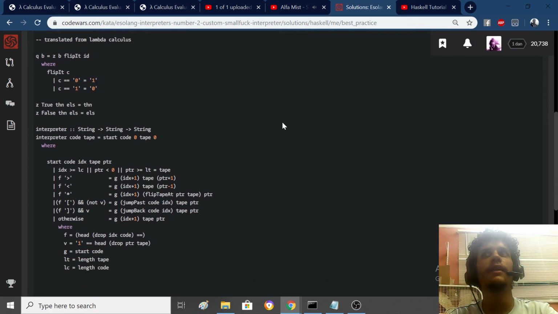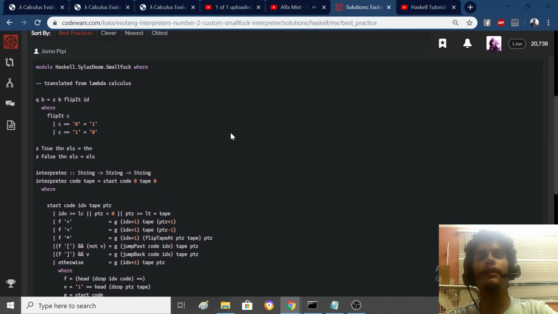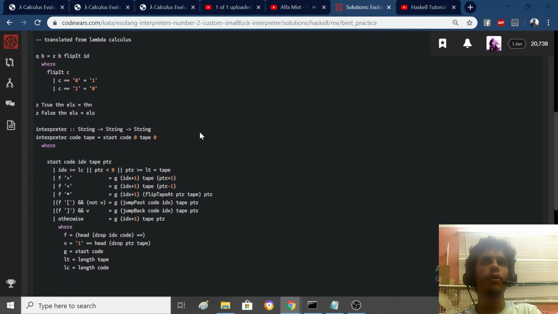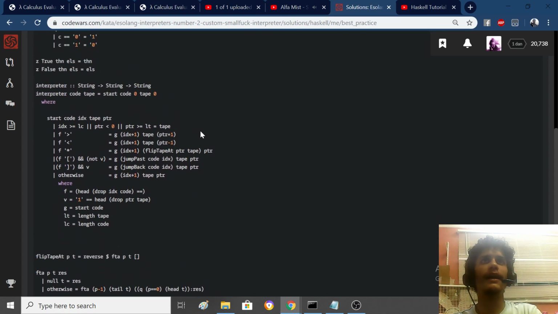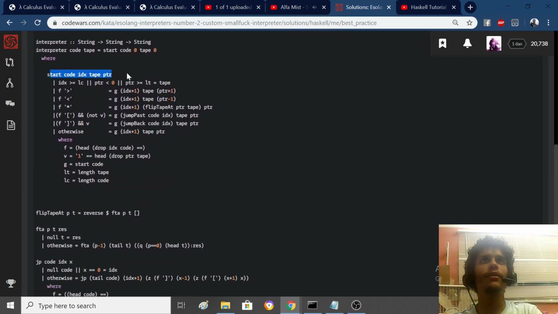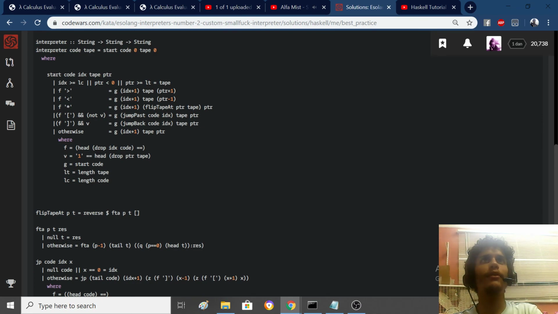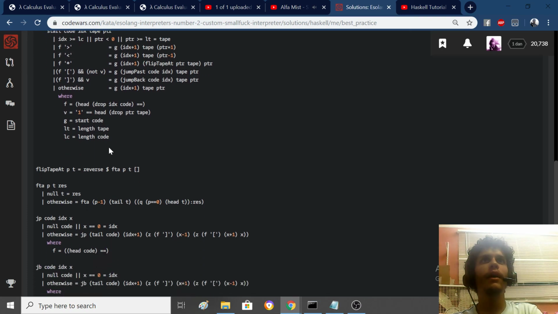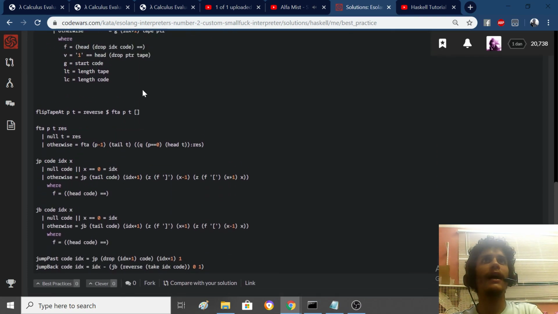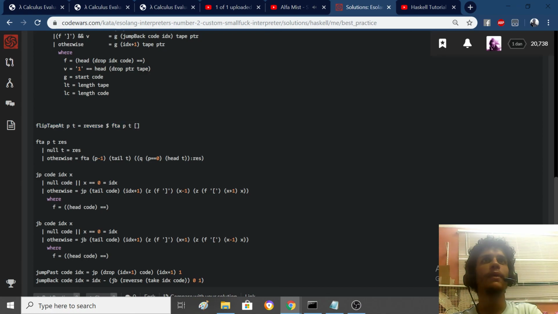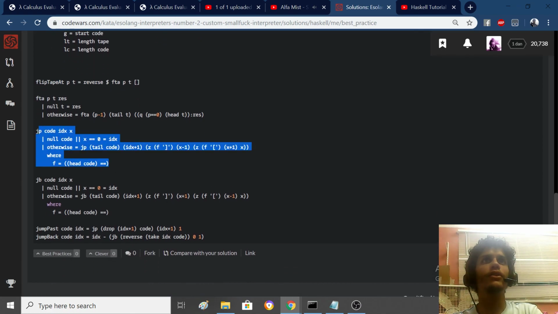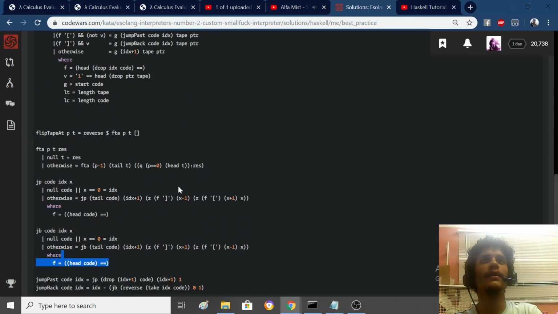Here we could look at it real quick. I actually don't really know that much Haskell, so I pretty much did it exactly as I did in lambda calculus, which here you could see: start code index interpreter. You could see I'm pretty much doing the same things, right? I'm checking if it's right, left, blah blah blah. Flipping, I have the functions to flip the tape at the pointer, functions to jump back and forth, and well,